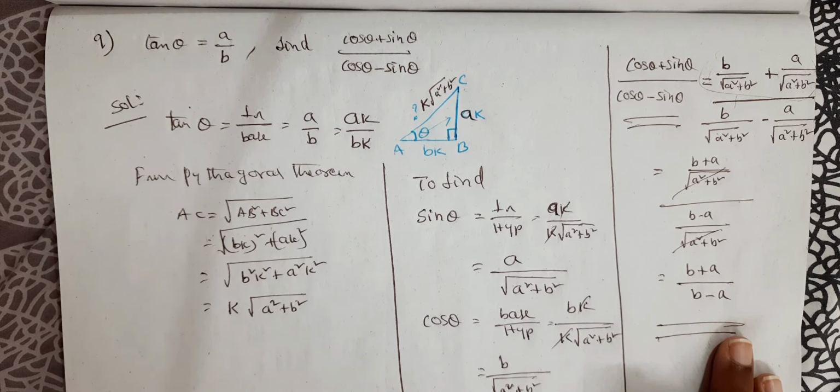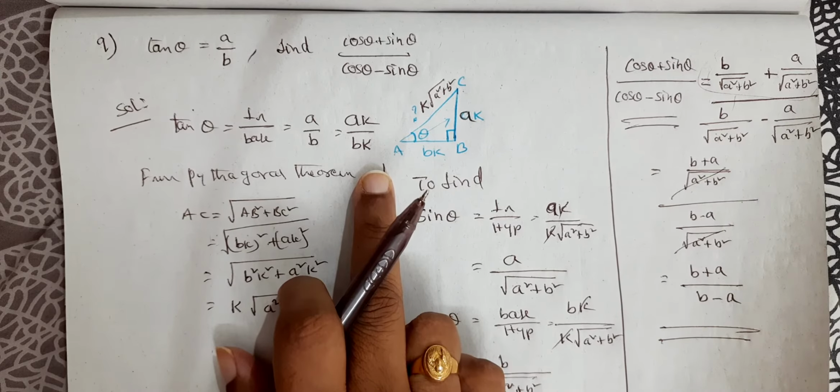So now let me explain the problem completely once again. What is given in the problem? Tan theta is equal to A by B is given. Nothing will get cancelled here; it is not 3, 4, 5, not with numbers, but with characters or alphabets. Now we have to find cos theta plus sin theta by cos theta minus sin theta. Tan theta is defined as perpendicular by base. So let us draw a right angle triangle based on this. If I take theta here, this is going to be the opposite side or the perpendicular, and this is going to be the base. Since it is in ratio form, you will write it as AK by BK.